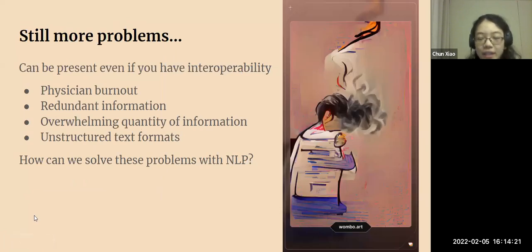So here are some more problems that can be present even if you have interoperability. Like I mentioned before, in Alberta, we are lucky that we have Netcare, which is actually consolidated and integrated across all healthcare provider systems within Alberta. But even though we have interoperability here, there are still many problems with it. So physician burnout is a common problem because right now we have to